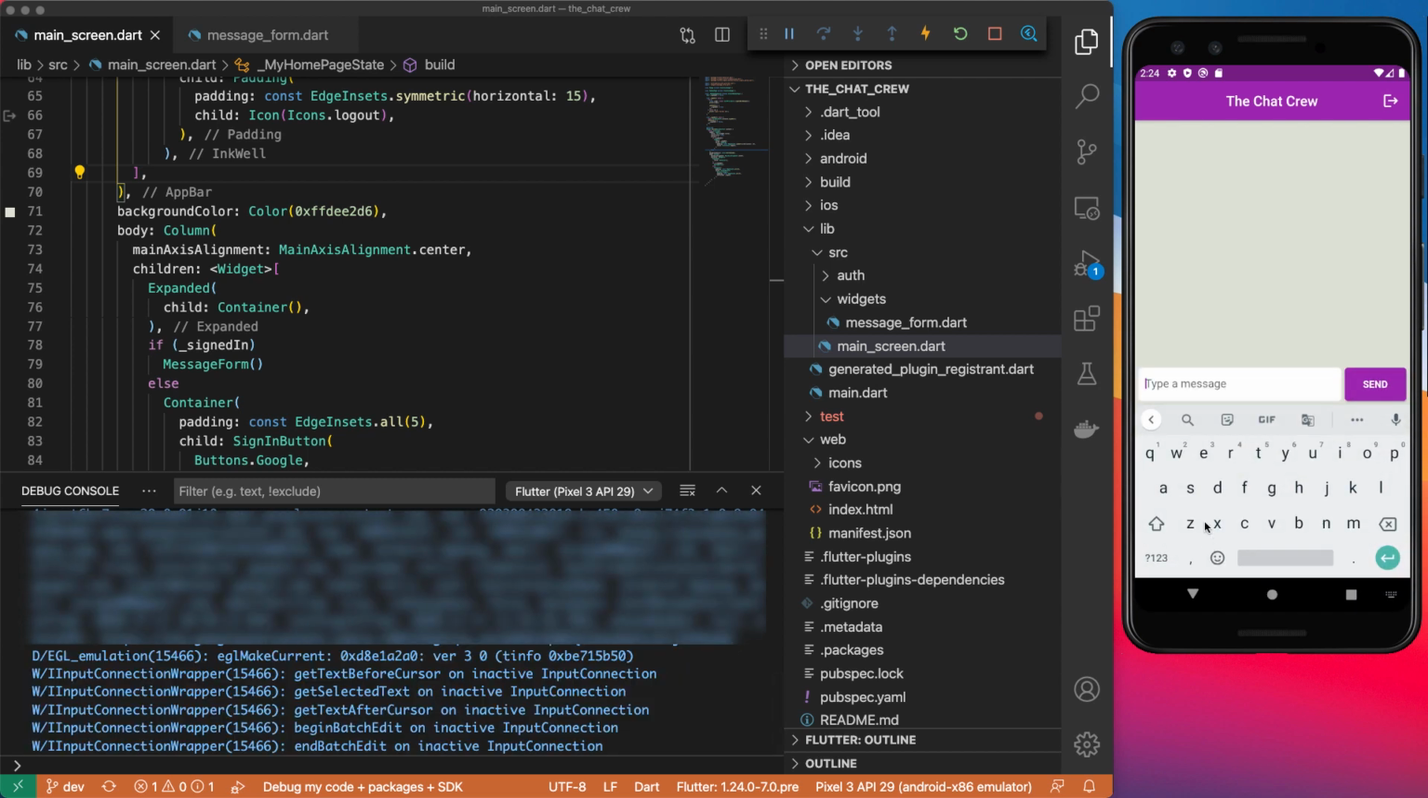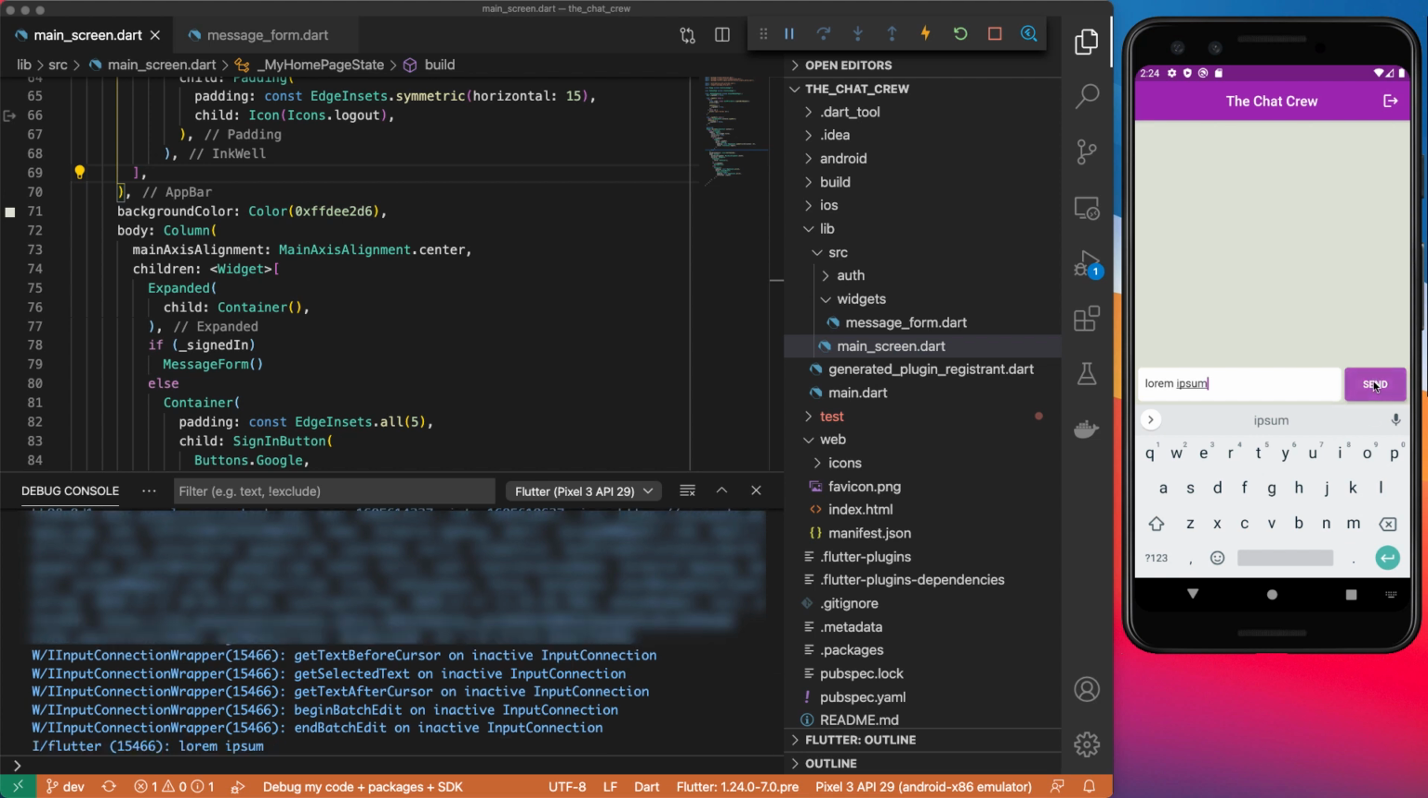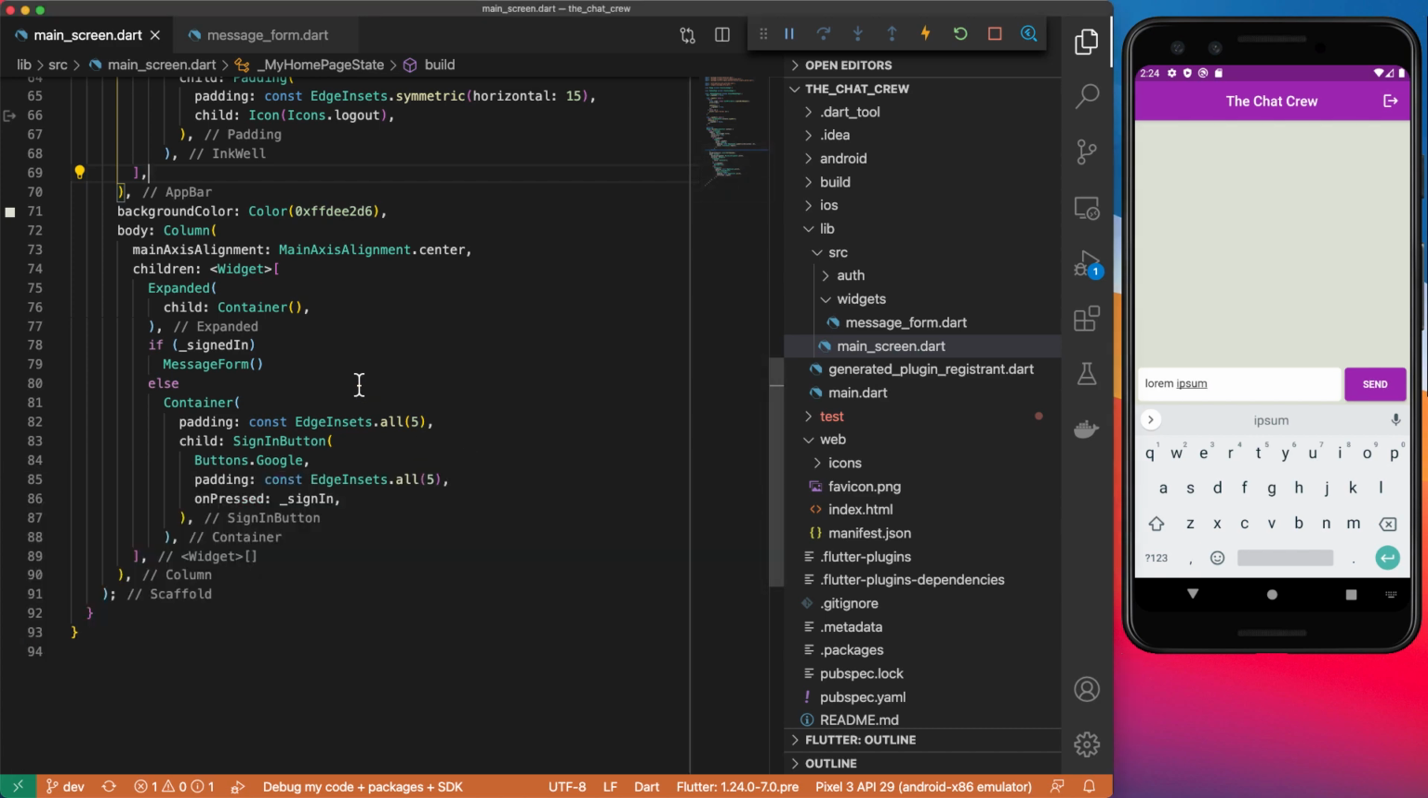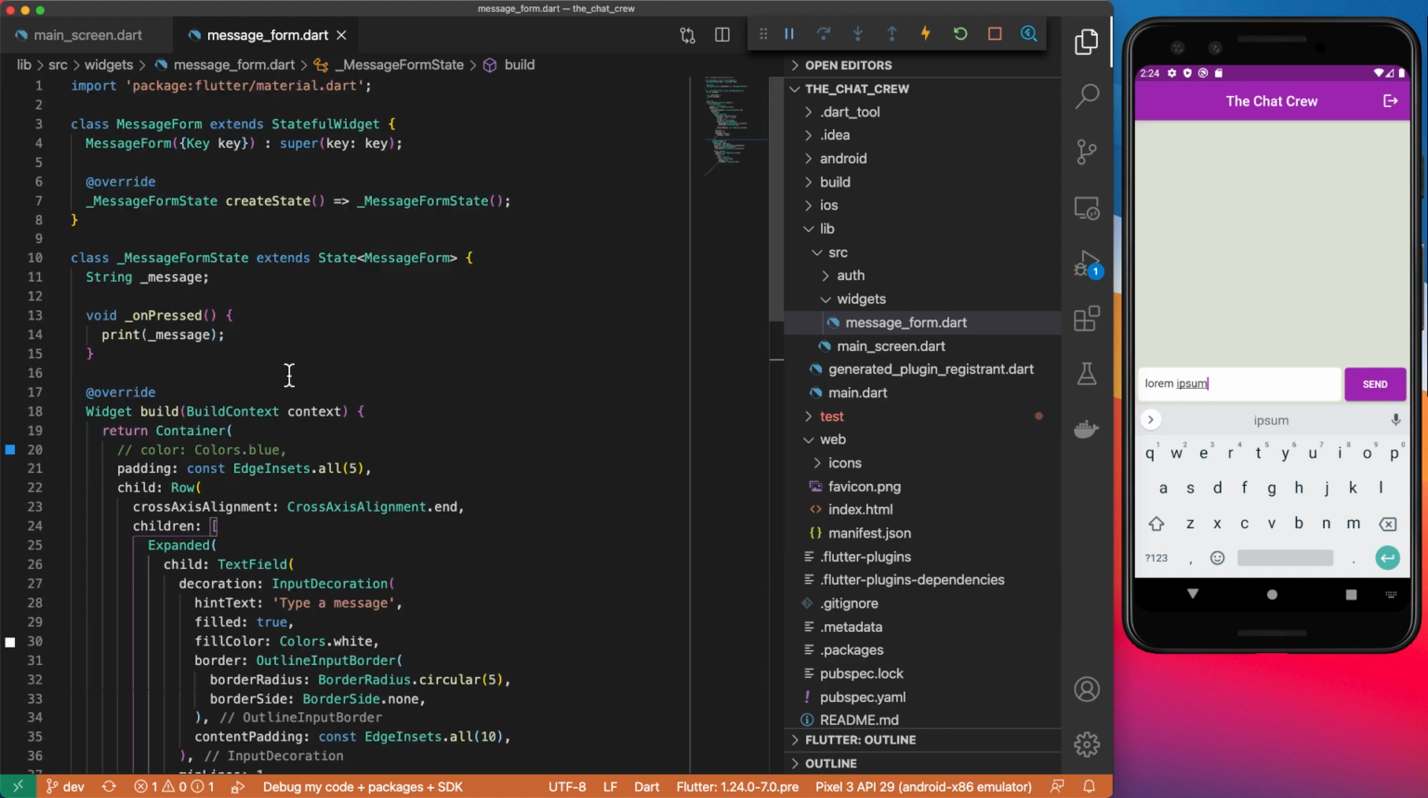Okay, let me type something and I hit send. Okay, so we've got Lorem Ipsum back. And let's amend this a bit further. So in our message form, we only want to send if message has a value,